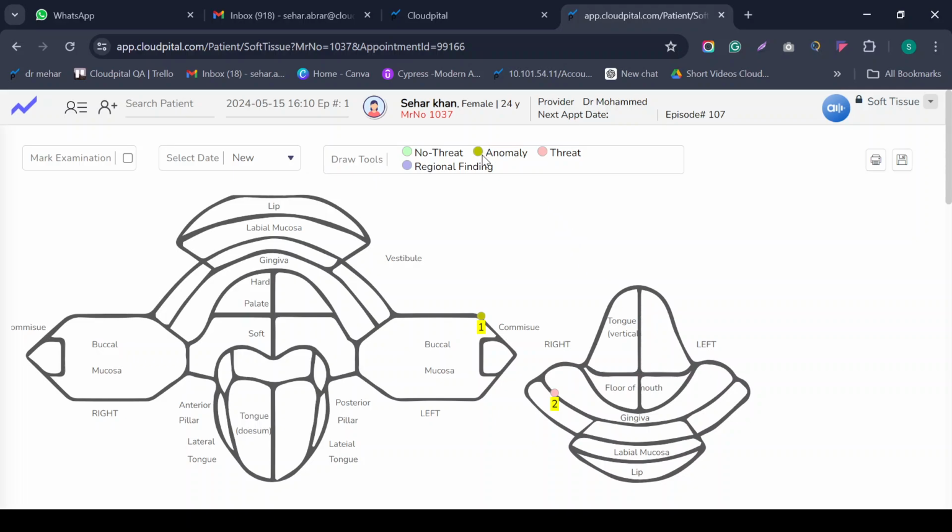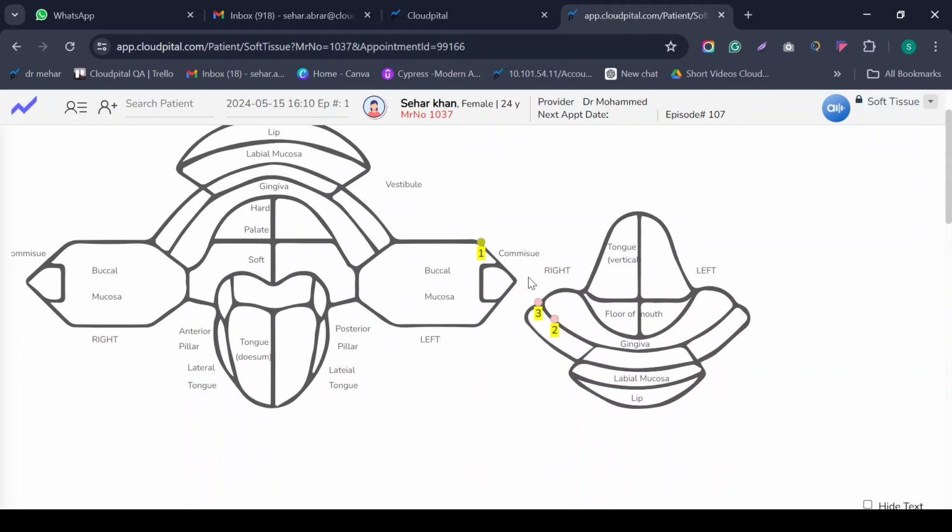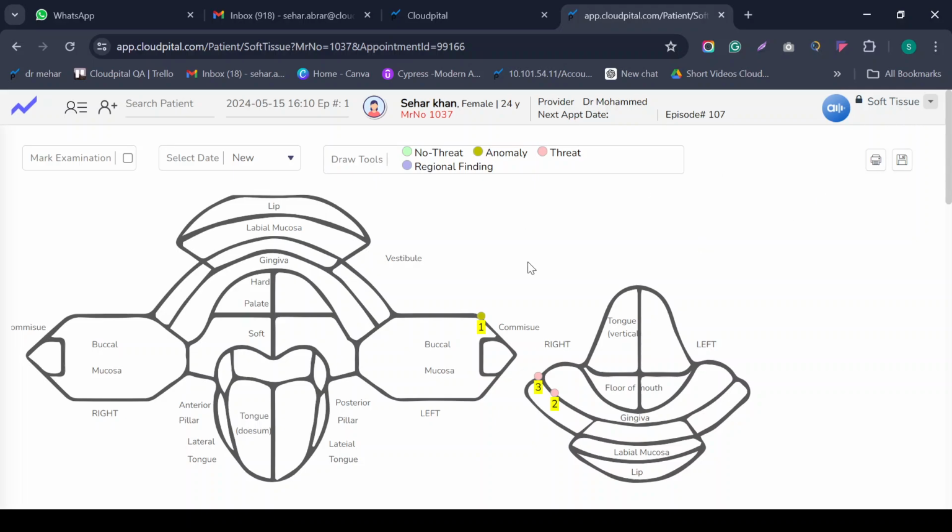The doctor just needs to write the points in a specific part of the patient, and this data will be highlighted and maintained in our records as patient history. Like I'm just adding 3 points in these soft tissues, because these are all of the soft tissues of the patient's oral treatment. I'm just adding these points in our training.